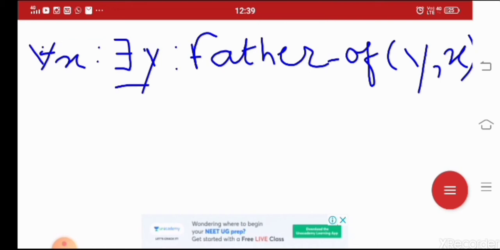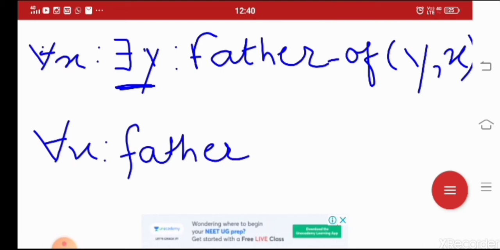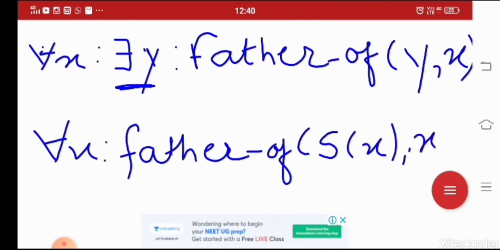To remove this existential quantifier from this statement, I write universal of x as it is, because we have to remove only the existential quantifier, and the statement will be written as father of, in bracket, s of x, as our Skolemization constant, comma x.